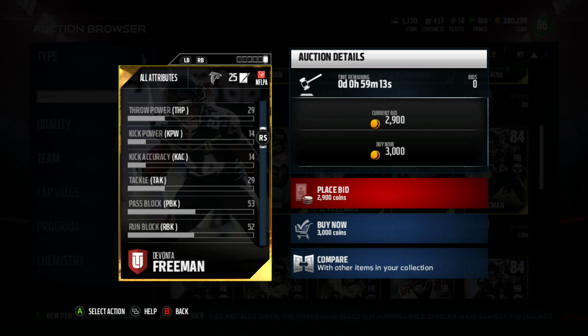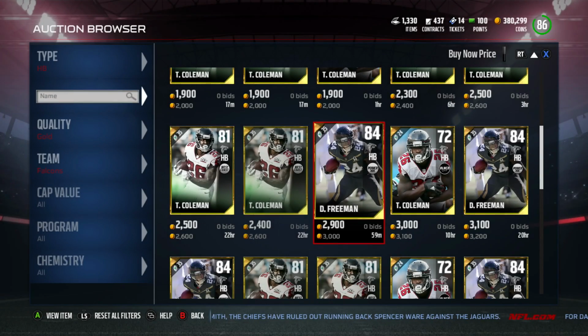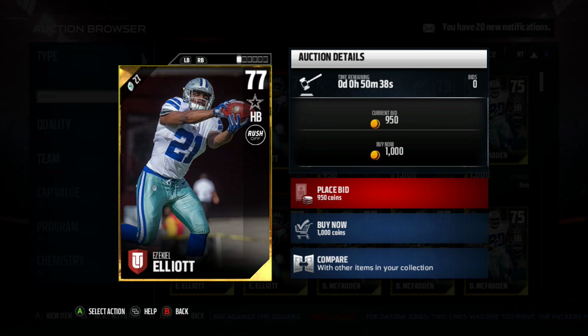A very solid card. What's his catching, by the way? Is it up there already? 72, once again. The catching on most cards just isn't great. Now, here we have Ezekiel Elliott, and this isn't really the budget card, but you can actually get a 76